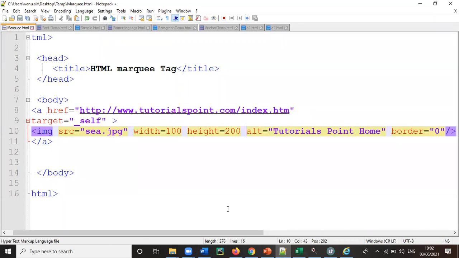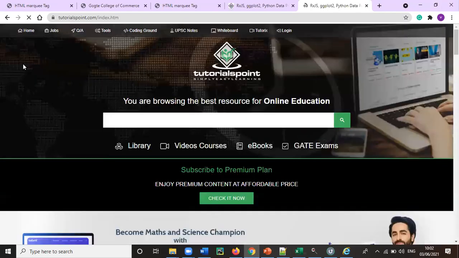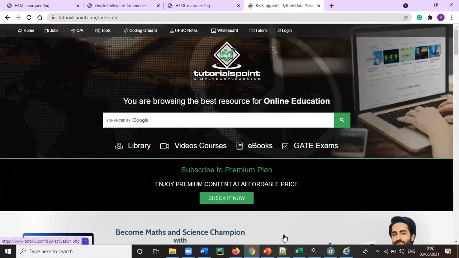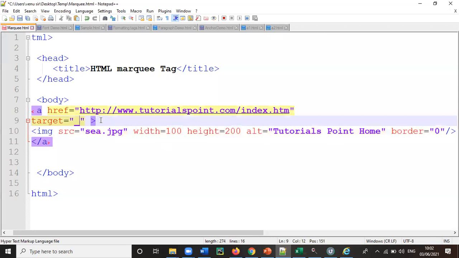Save this again. Run. You get a small image, and the hyperlink is already there: instead of text, we have an image as the hyperlink. The moment you click on this one, it will take you to the website. Considering if you want this to open in another tab, for this one, target is equal to, instead of self, let us give